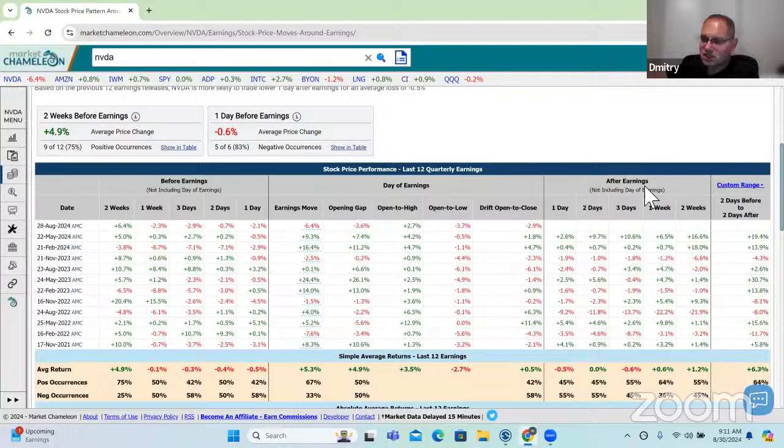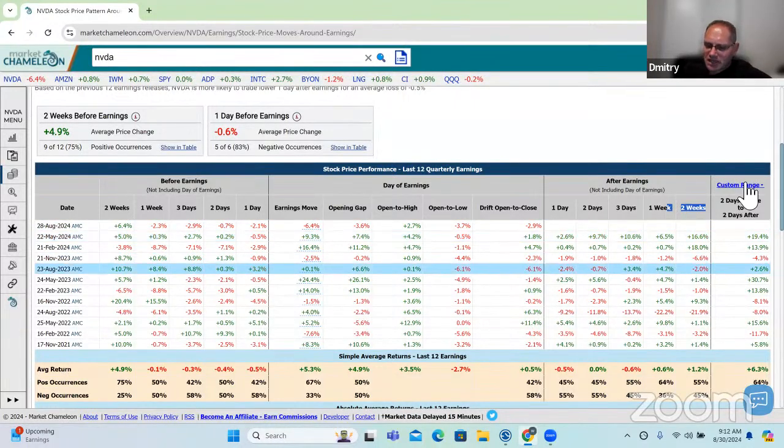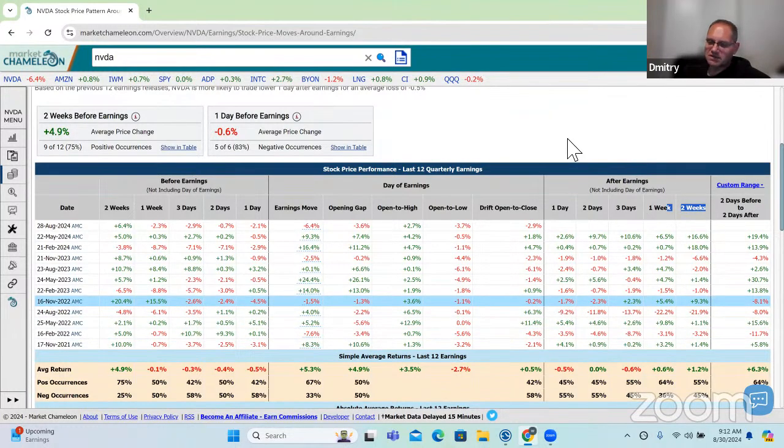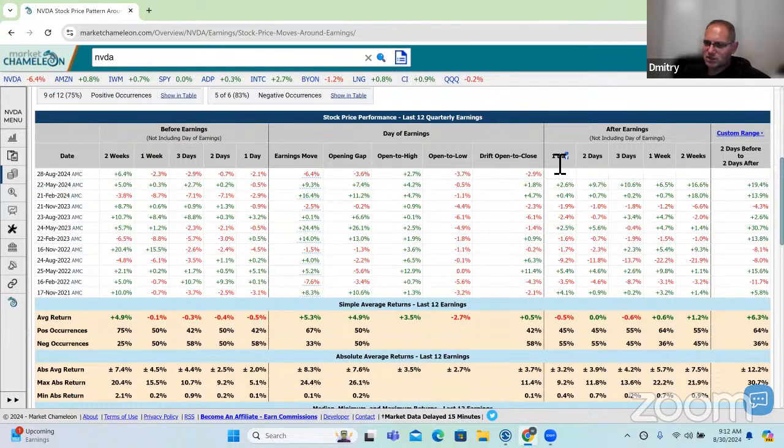And then it goes to the end of day based on the next day, 1 day, 2 days, 3 days, or over 2 weeks. So the starting point would be the close. For example, 2 weeks would be the closing price after reporting earnings to the closing price 2 weeks later. And this allows us to take a look at the distribution of returns from a historical perspective. So here you can see on a 1 day